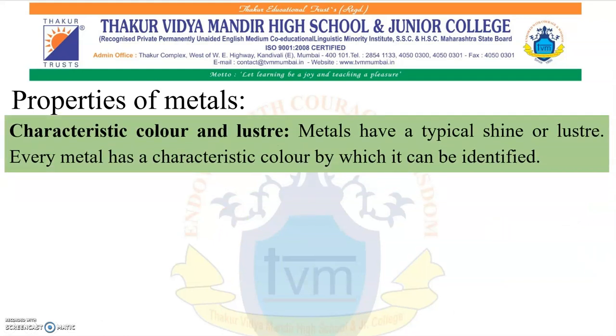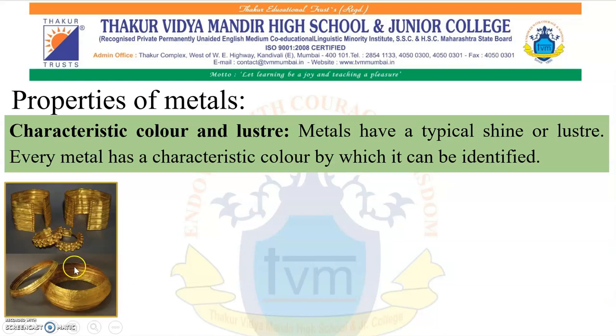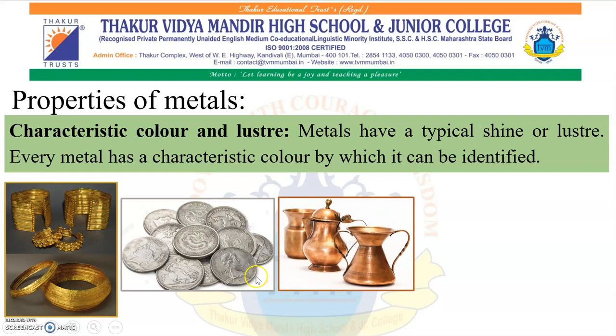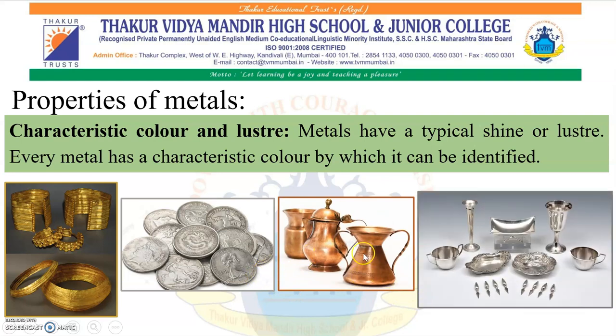Next is characteristic color and luster. Metals have a typical shine or luster. Every metal has a characteristic color by which it can be identified. So different metals have different colors and they also have a typical shine. Let us see some examples. These are the jewelry that is made up of gold. The coins which are made up of silver. Here the utensils which are made up of copper and silver. You can see all of them, they have